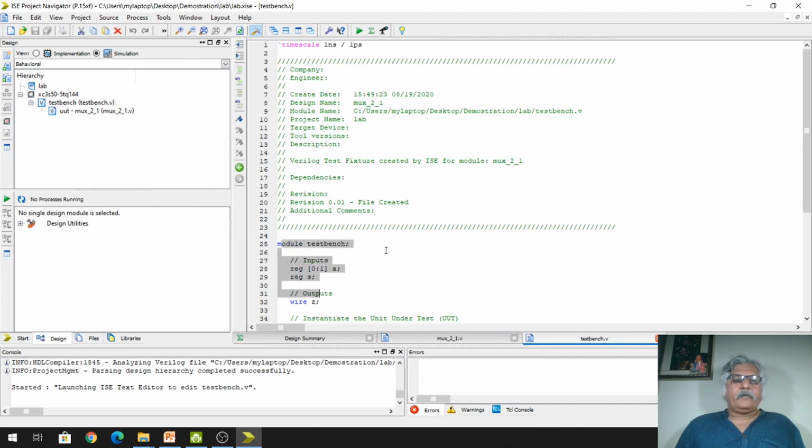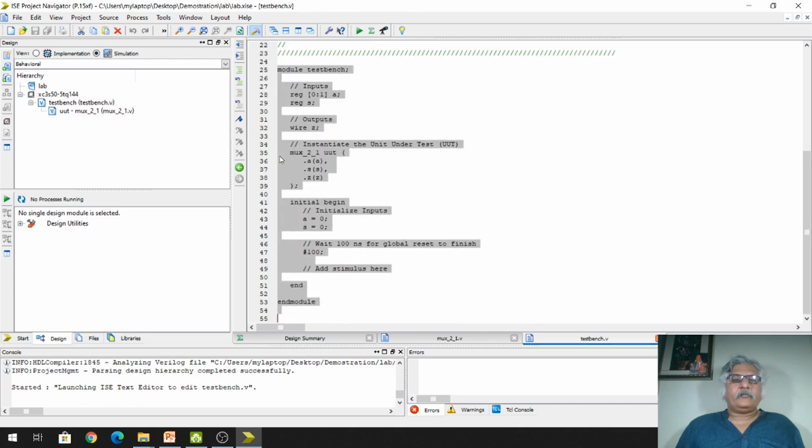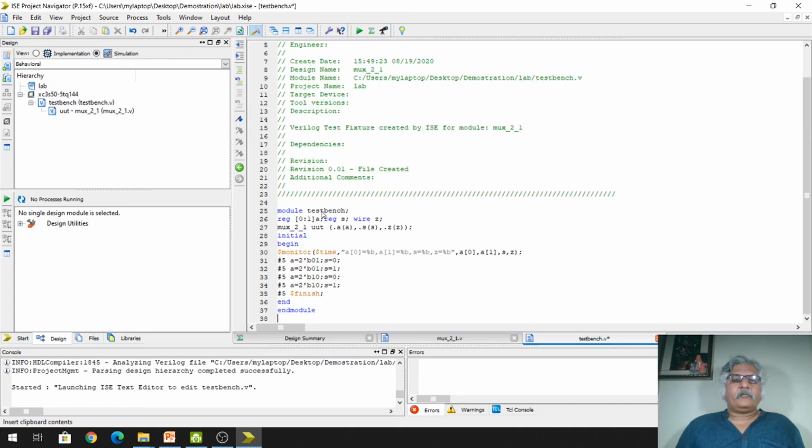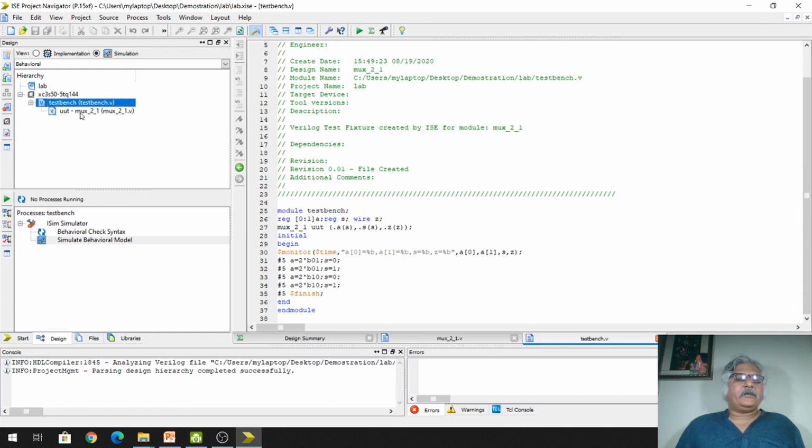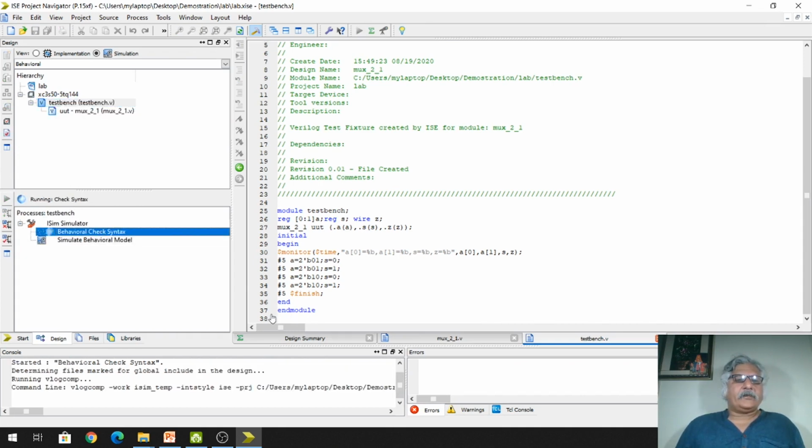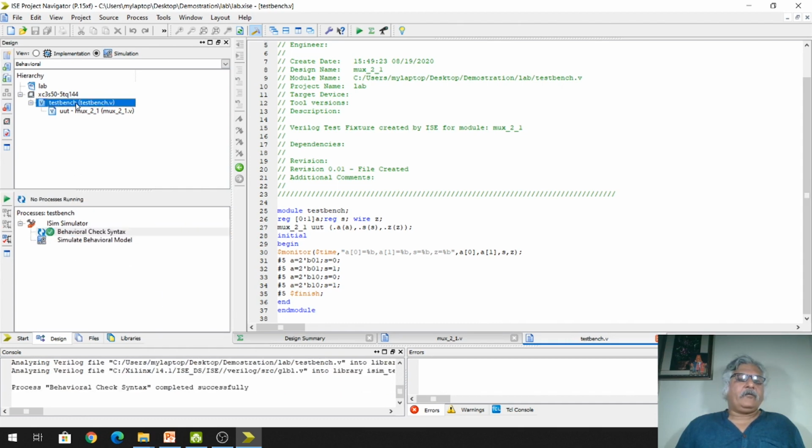And here I will paste this code. Save this. So see here, now the test bench has been linked with this. This is a UUT. mux_2_1 is the UUT. I will test the syntax of the test bench. Okay, this is also okay. Now I will run the test bench simulation.